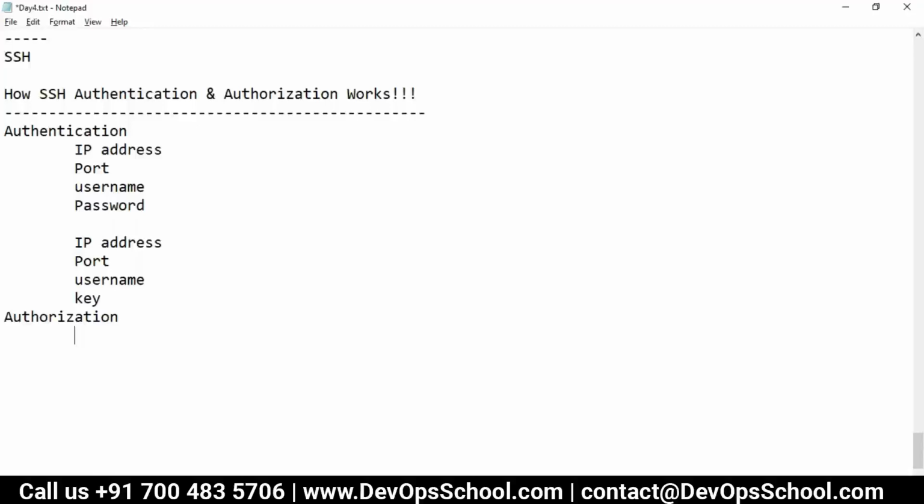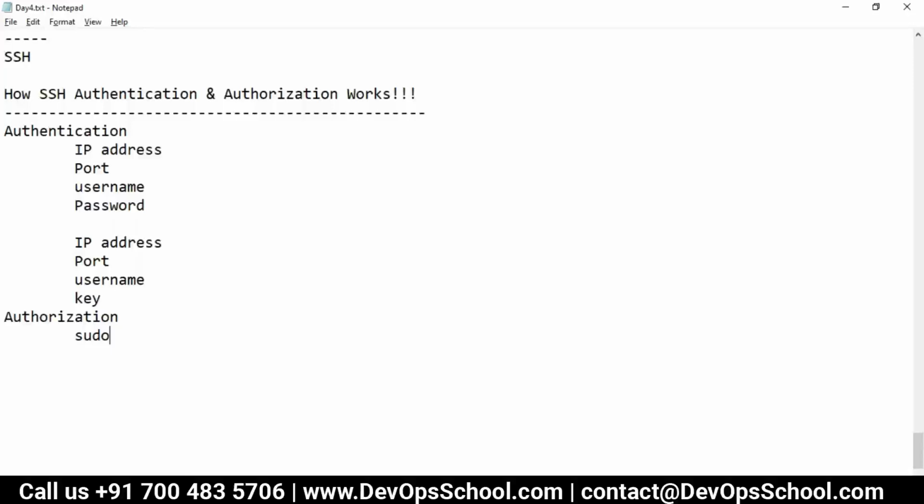Something which I hate all the time. Root user, sudo, right? If you want to elevate your permission, you do sudo. This is the industry standard right now. So in SSH, most of us are using sudo. There are a few more authorizations, but sudo is the global industry standard.